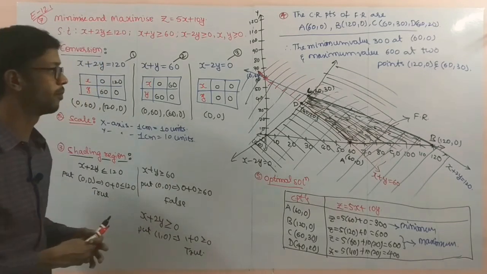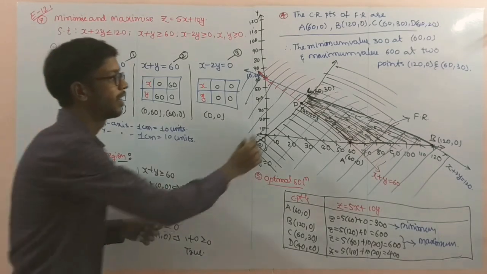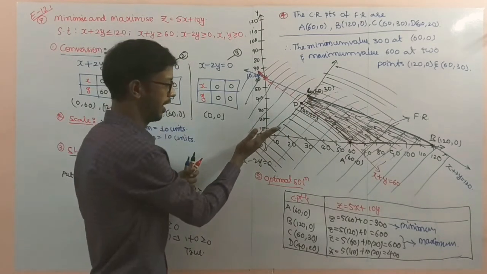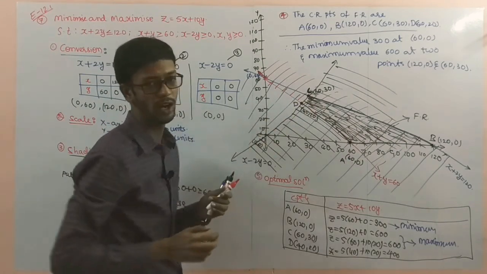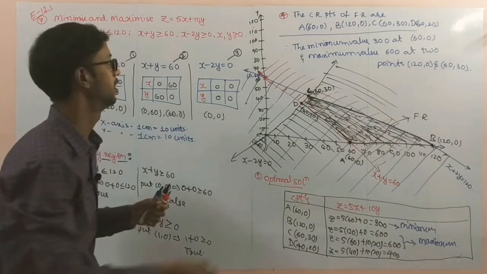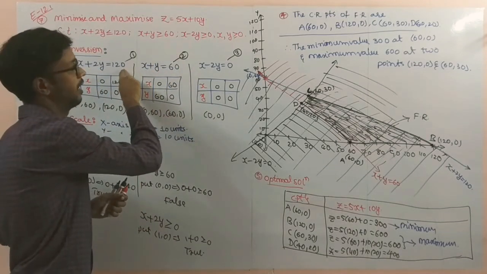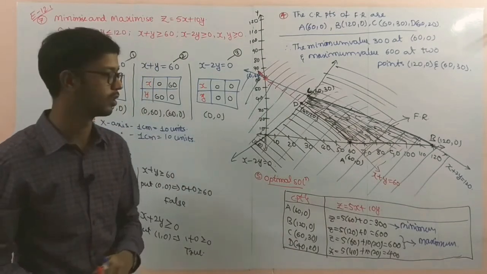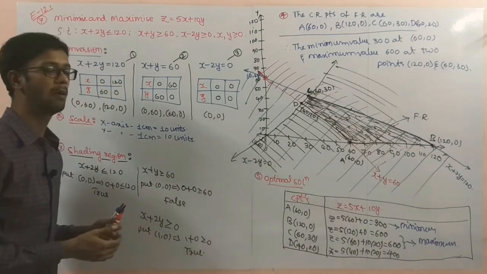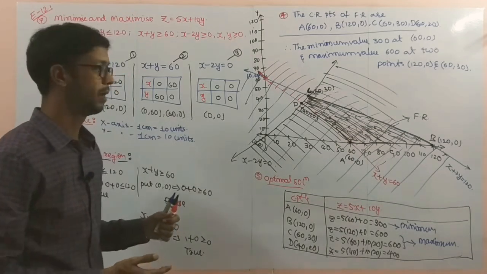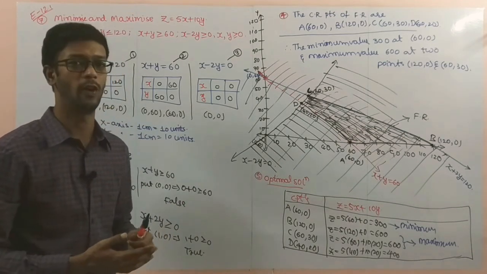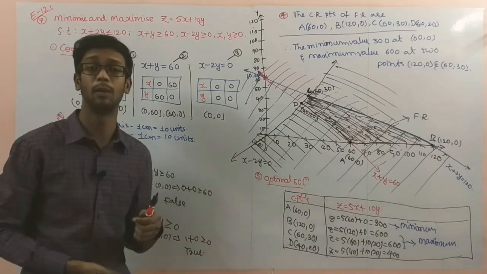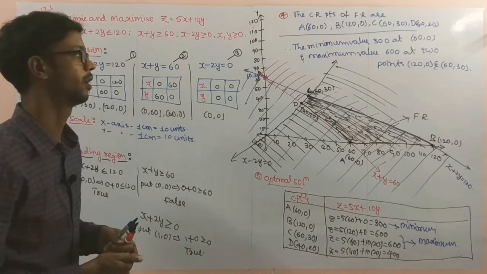Next, observe one more special thing here: the intersection points of the straight lines. If you are taking the scale properly, if you are taking this straight line, you will get the correct intersection points. For checking purposes, you have to solve 1 and 3, 2 and 3. That rough work you can make, and a perfect answer you will get. So this is the way of finding the minimum and maximum, two values here. In previous problems we found only a single value, but now, in this one, we have to find both the maximum and minimum values. Pause the video.